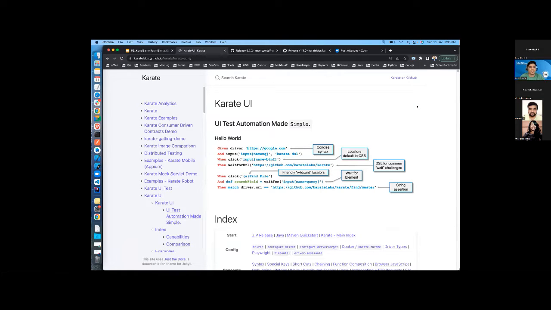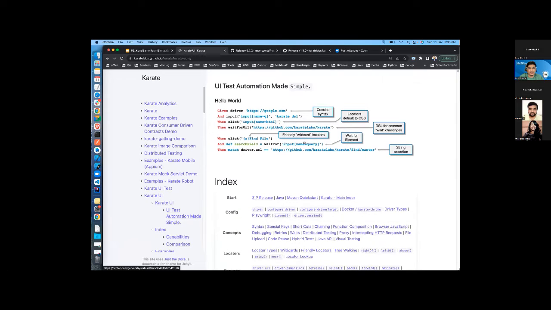Is it better? Yeah, thanks. So this is the documentation of Karate UI, and this is the quick example which shows how we can build and write. This is the DSL. If you see, the keywords are very similar to the BDD keywords of the language, in red.